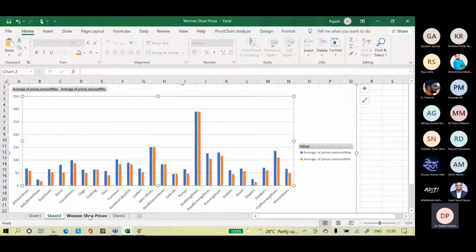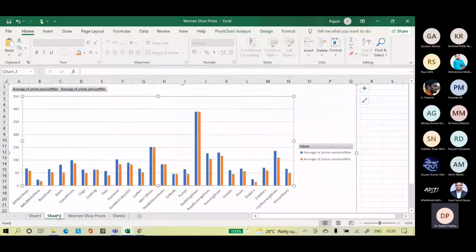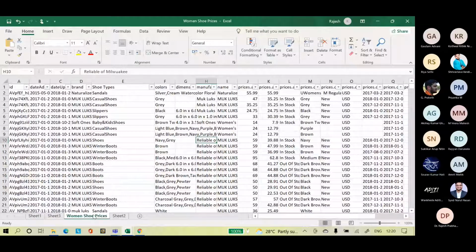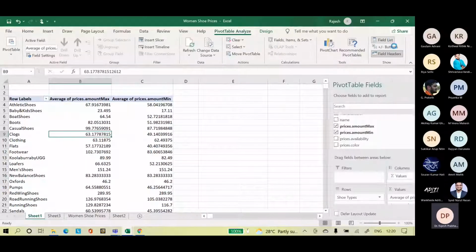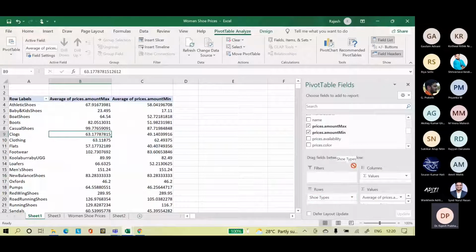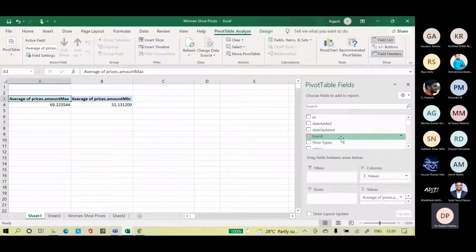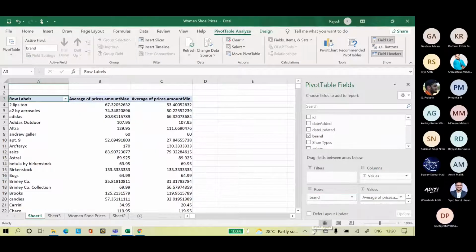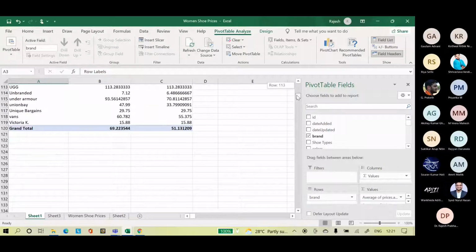So what analysis can you do with the data we have? The ones we have done the analysis on are shoe types. If you remove shoe type and replace it with brand, now you can see the brand-wise average.